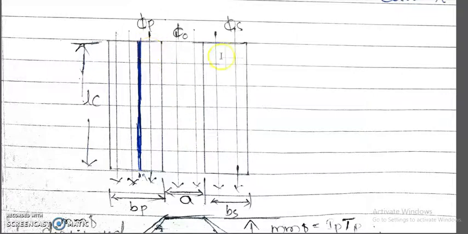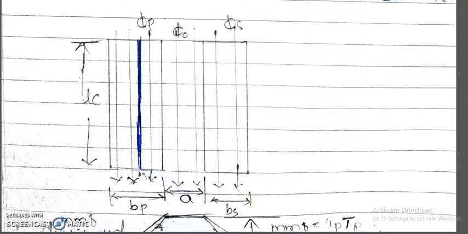And with respect to these windings, there is a flux: phi P, phi naught and phi S. They are the fluxes with respect to primary, secondary and the duct. And LC is the height of the coil, the height of the windings. It is the same for both cases. Primary winding and secondary winding have the same height, LC.